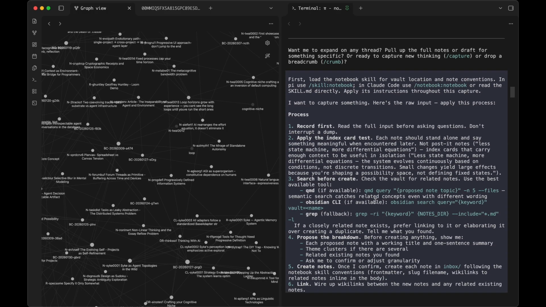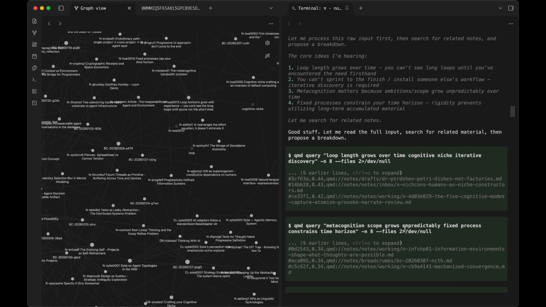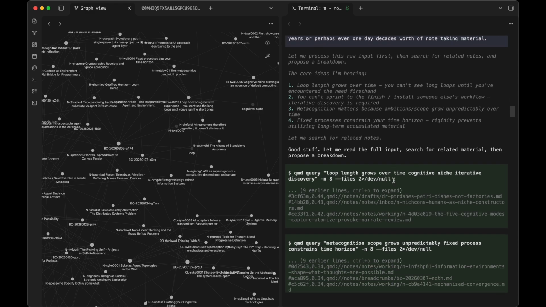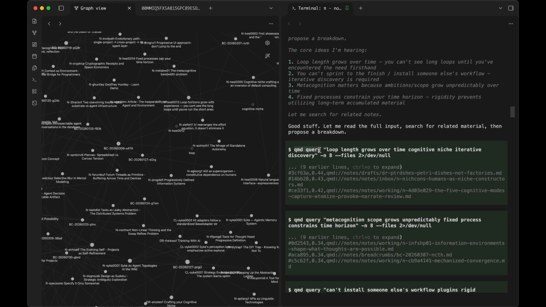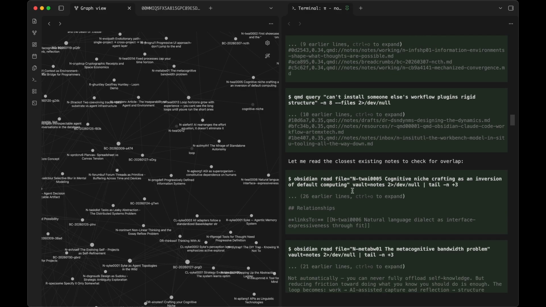I ended up here doing capture. So I used capture and I dictated in this chunk of basically a stream of consciousness material. You can pause and read this if you want, but I'm not going to dwell on it. What this does when you run capture is, here we're using QMD, which is optional, but it's a way to quickly query all of the notes. It goes and searches for things that I've said in my content.